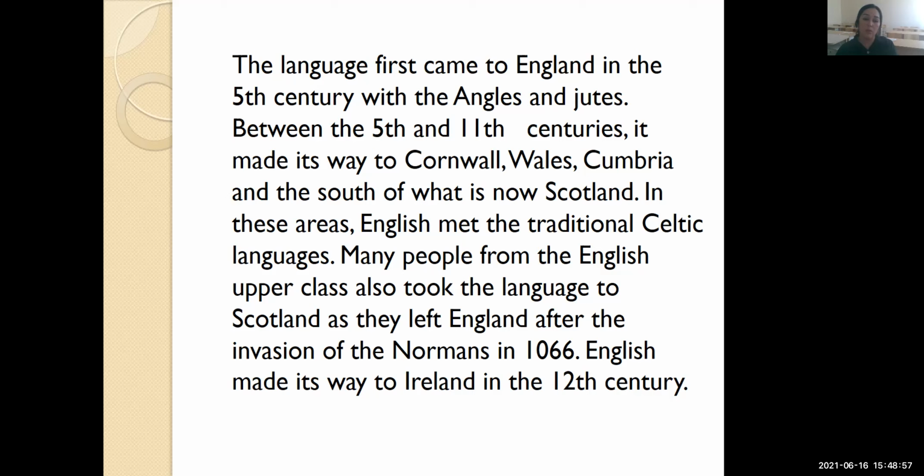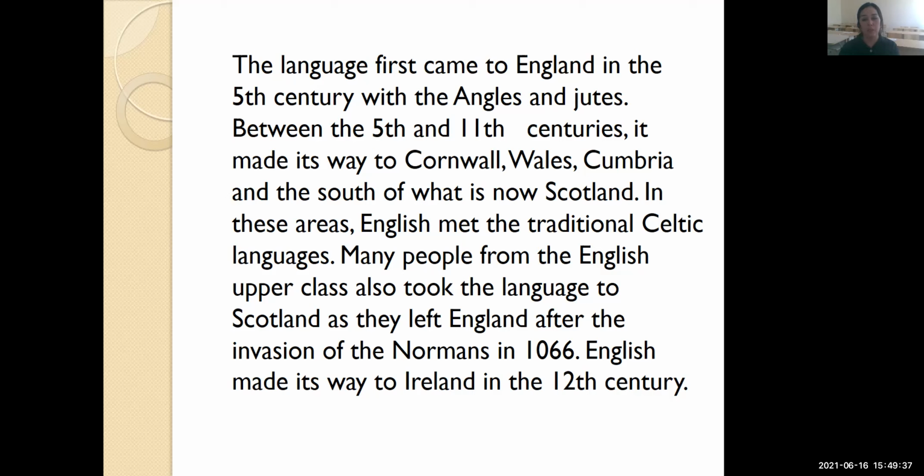Because William the Conqueror brought with himself also the French language. And from 1066, the official language of Britain was the French language, and he forced people to speak French. And mostly those who worked for the government had to learn the French language. And after this, it influenced the English language mostly.